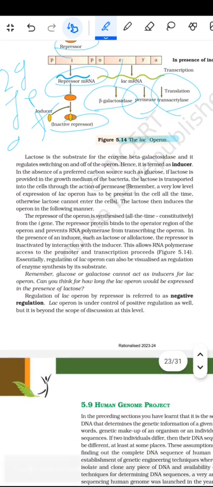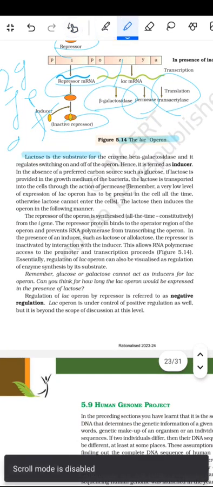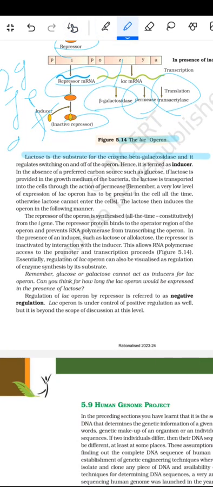इसके बाद फिर आता है कि lactose is the substrate for the enzyme beta-galactosidase and it regulates switching on and off of the operon, hence it is determined as the inducer. In the absence of the preferred carbon source such as glucose, if lactose is provided in the growth medium of the bacteria, the lactose is transported into the cells through the